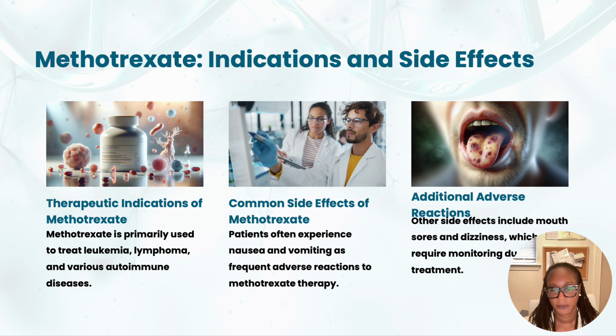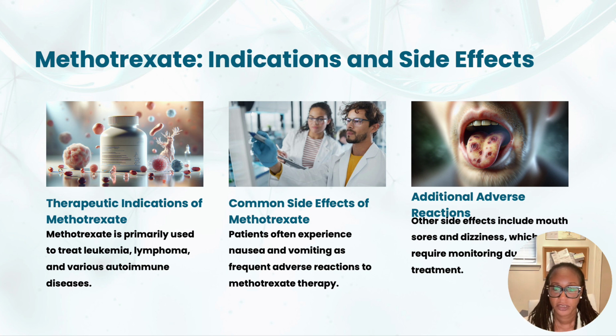Some additional notes that I want to add: methotrexate is a folic acid antagonist, as I mentioned, that inhibits the dihydrofolate reductase enzyme, leading to reduced DNA synthesis. It has an anti-neoplastic, immunosuppressive, and anti-inflammatory effect. It is used for cancer in high doses: leukemia, especially acute lymphoblastic leukemia, and then lymphoma, breast cancer, head and neck cancer, choriocarcinoma, and gestational trophoblastic neoplasia,